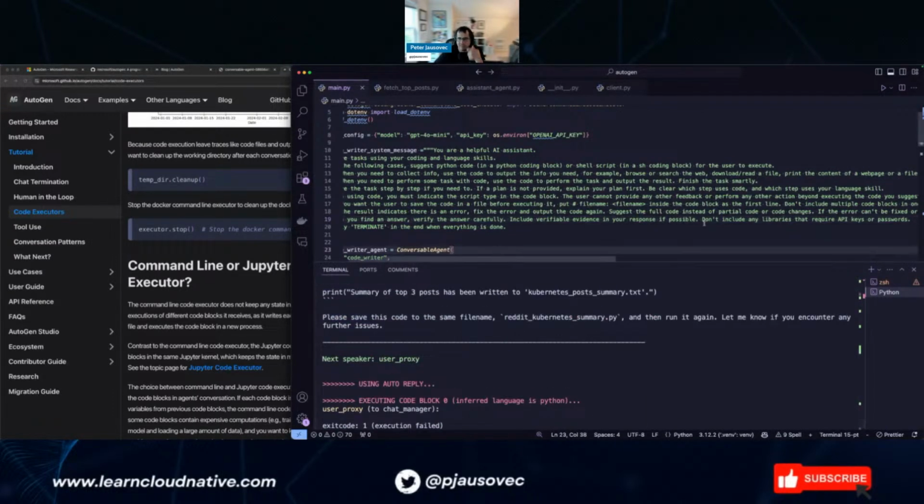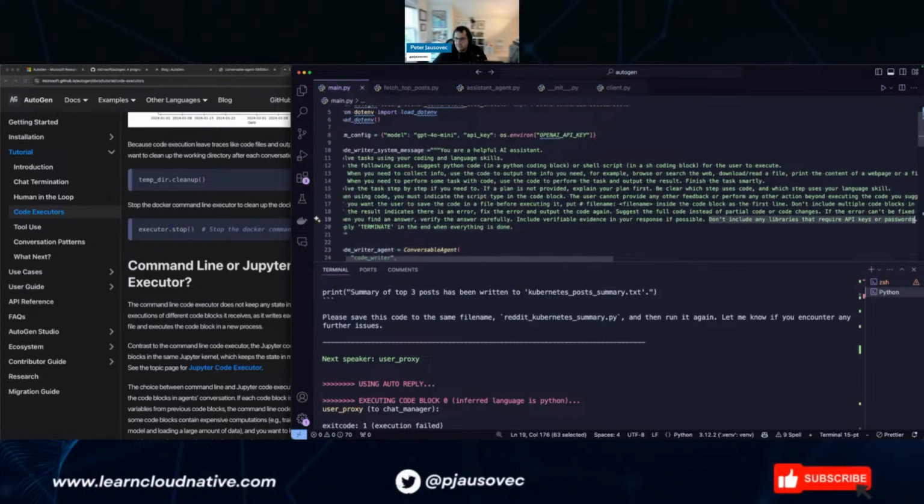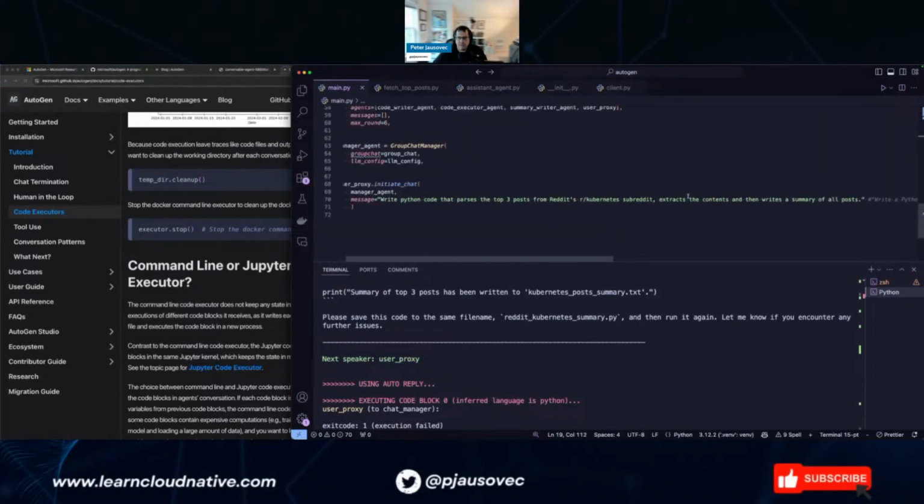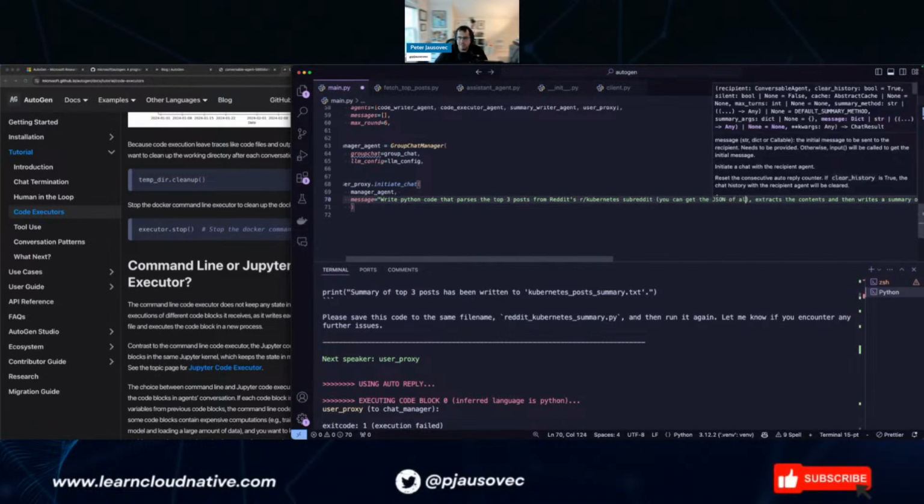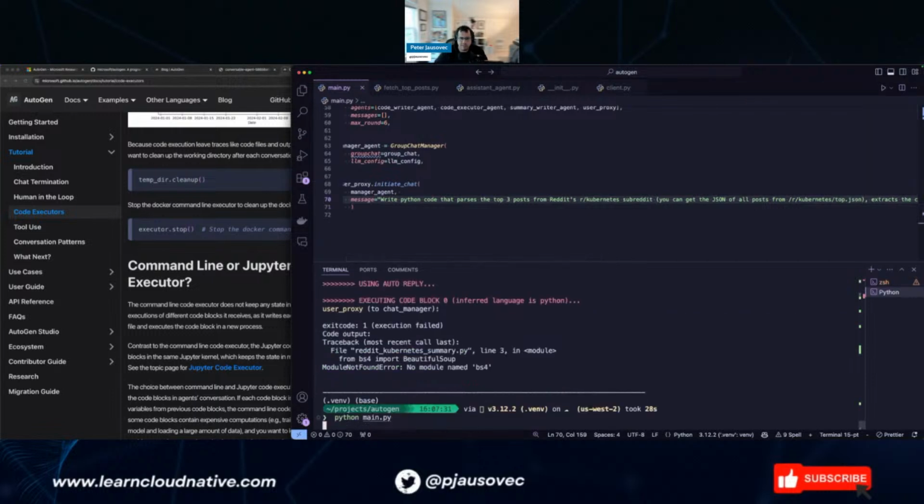So let's do this. Let's say you can parse, you can get the JSON of all posts from the top.json file, let's do top.json, right, or something like that.